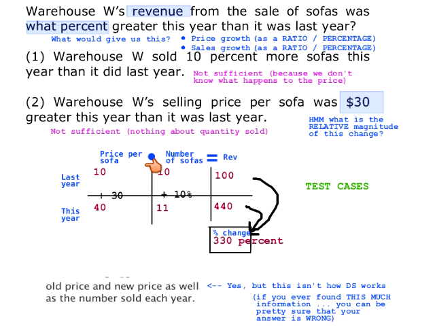You should experiment with this when you review these problems. You should try them from all angles. But if you tweak the number of sofas, then this will be the same. If you make this 20 and 22, this will still be 330%, because percent growth is percent growth. But if we adjust the price,